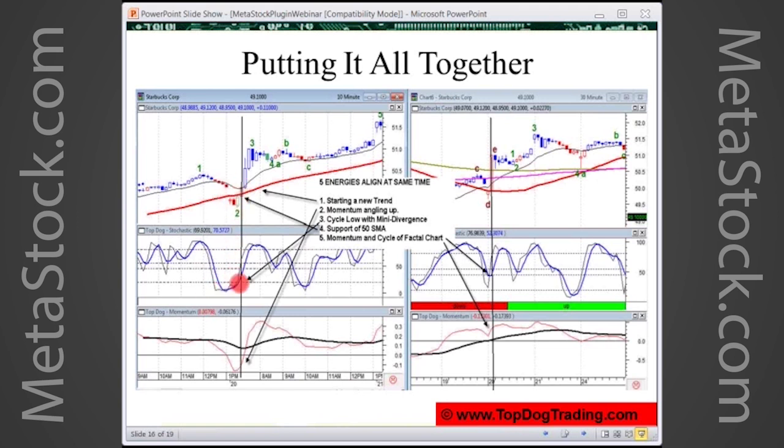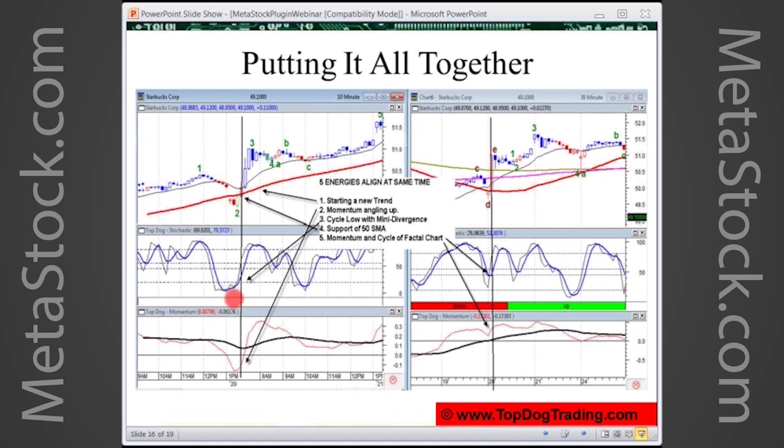So that's one thing. This little pattern down here, this is what I call a second chance pattern. And this is where we find our very high probability cycle highs and lows. And I don't have a lot of time to go into it today, but that's basically a momentum shift is what's happening there. This is a modified stochastic indicator. That's my cycle indicator. And stochastics I use for cycles, but again, it's modified. It's not the traditional one. And we modified it to turn it into a cycle indicator, but it maintains the momentum formula originally in the stochastic formula. And the momentum, remember, is a leading indicator.